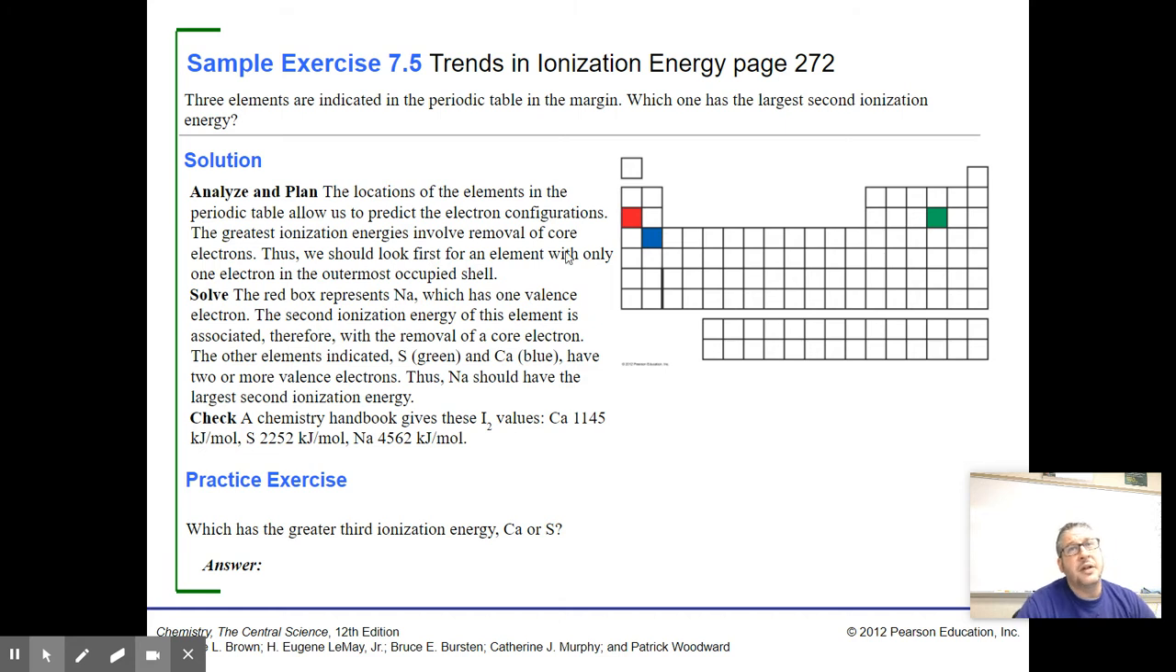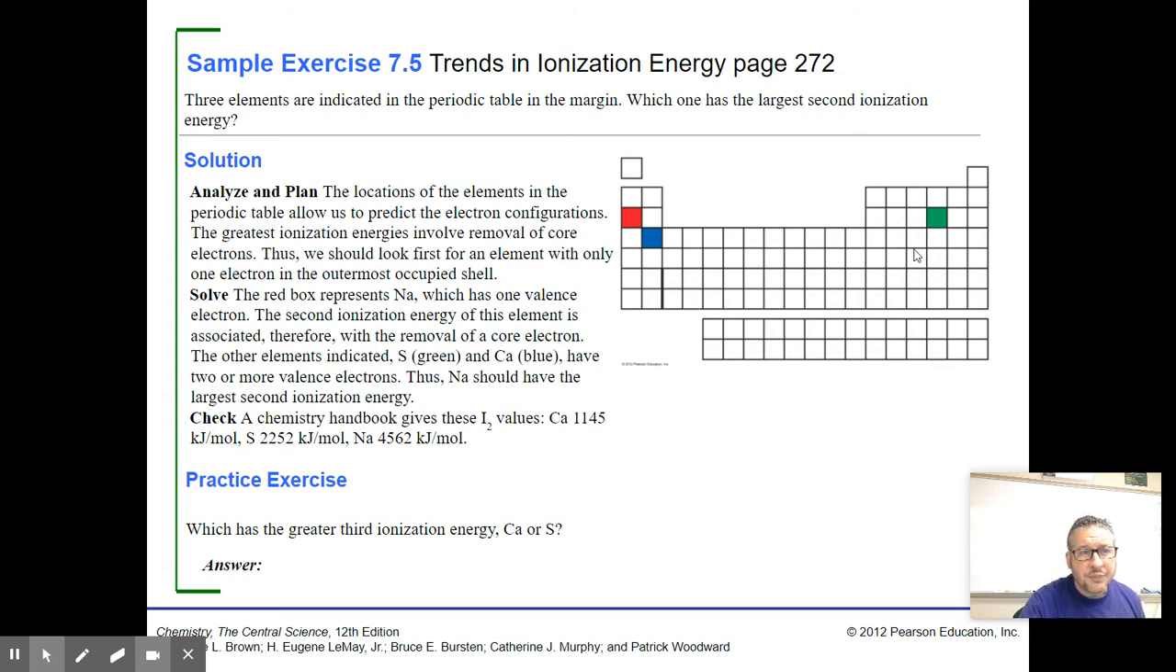So think about how many valence electrons each one of these has. Sodium only has one valence electron. We just got done talking about that. Calcium has two valence electrons. And sulfur has 6 valence electrons. So of these three, which would we expect to have the highest second ionization energy? Well, for this question, it would be sodium, because after you have removed the first valence electron from